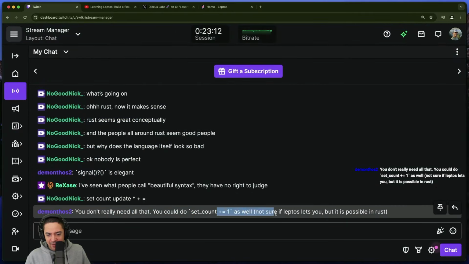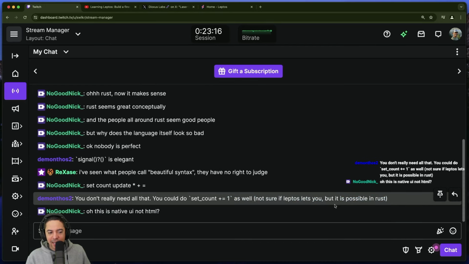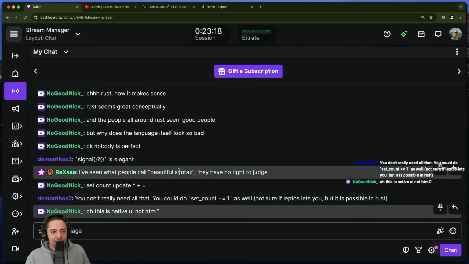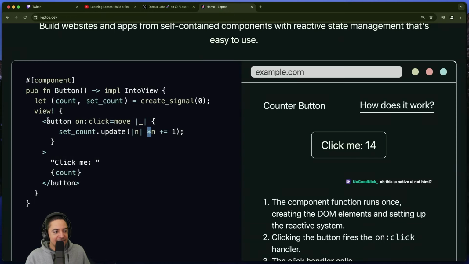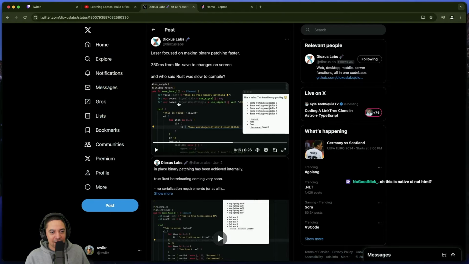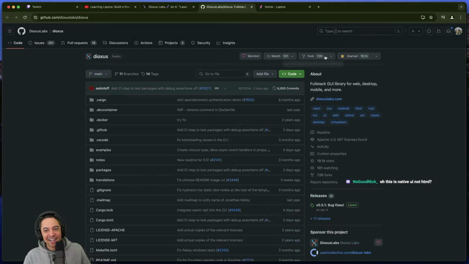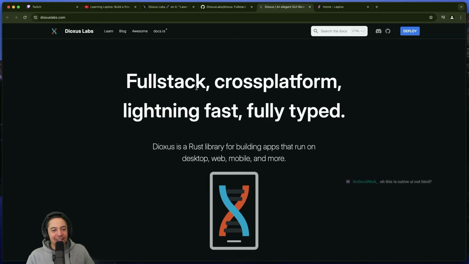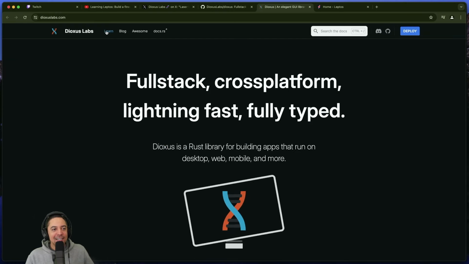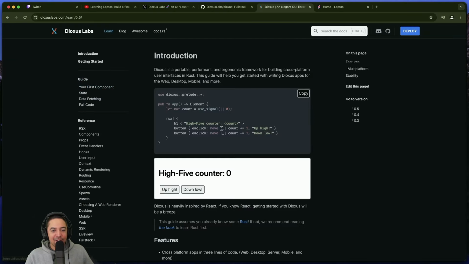You could just do set count as well. Yeah. Leptos lets you. This is native UI? No, it is HTML. This is HTML. But if you don't like this, right? Dioxus is the better version. Leptos got some play early on, but honestly, this is the same thing in Dioxus,